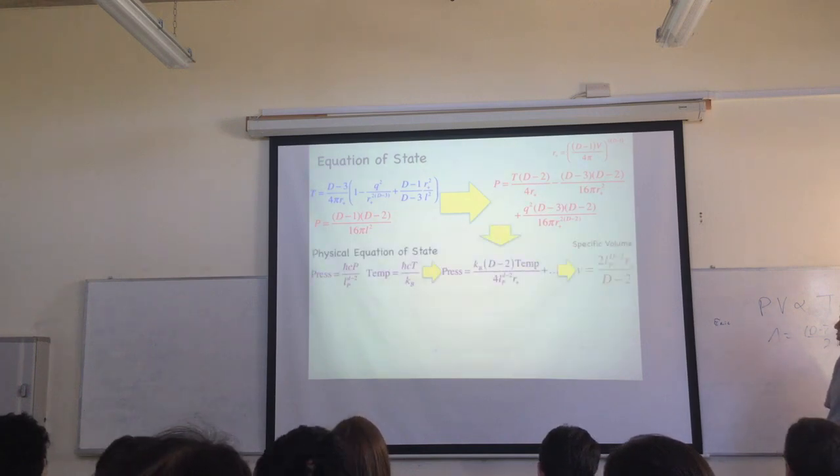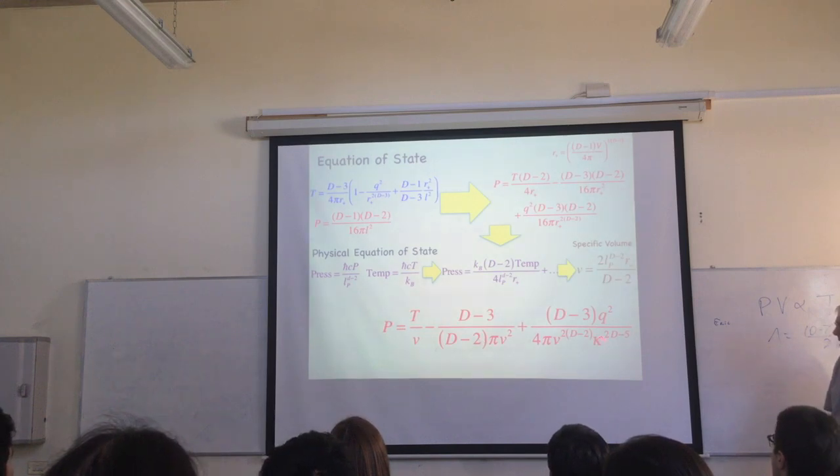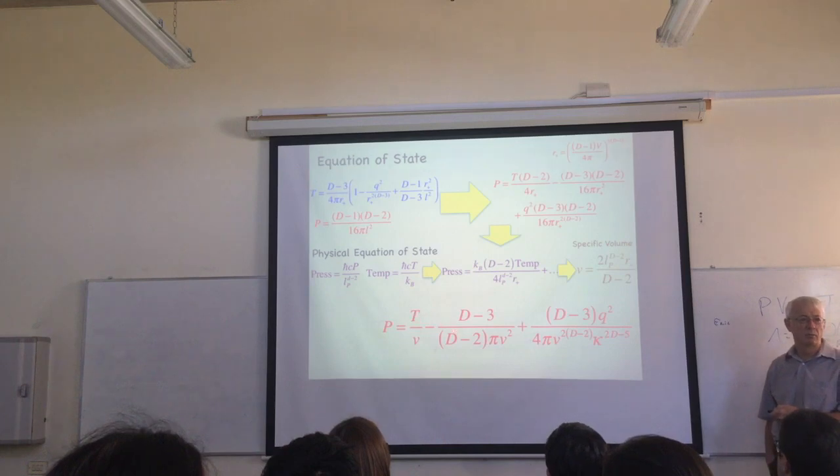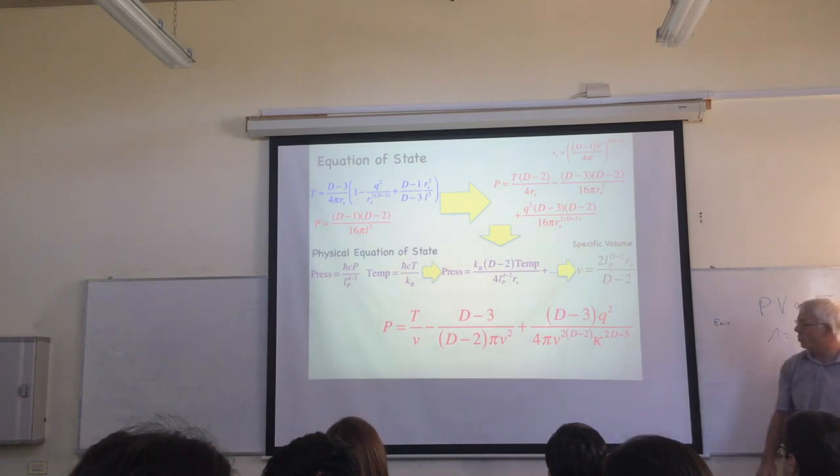So the physical equation of state in terms of this specific volume, notice it's still proportional to r plus, becomes this: 1 over volume minus 1 over volume squared plus q squared over volume to the 2d minus 4. So this decreases faster, but it's got a positive sign, so for small volume it's just going to shoot up